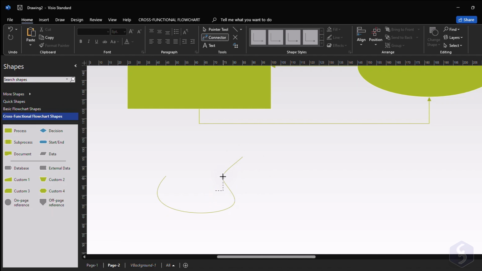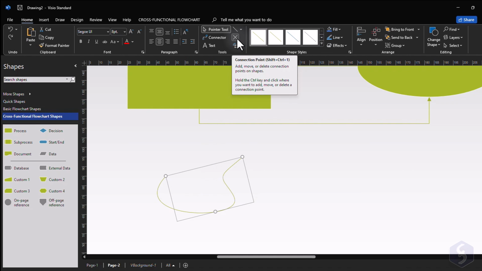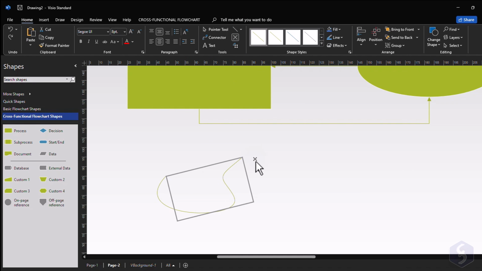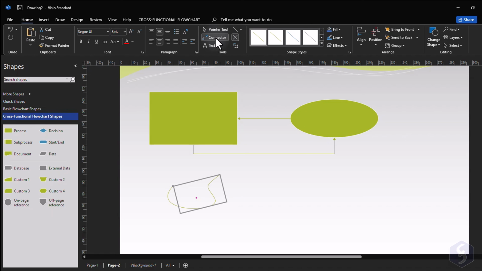custom shapes come without any connection point, so you may not be able to add connectors to them. In this case, select the object and enable Connection Point to drop anchors on it. Hold down the Control key and click to add connection points on the shape path or outside of it. You can also click and drag any anchor to place it correctly. At this point, enable the Connector tool and drop the wires on the new anchors.